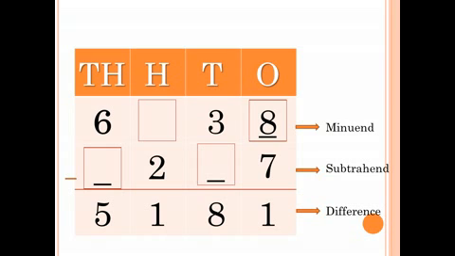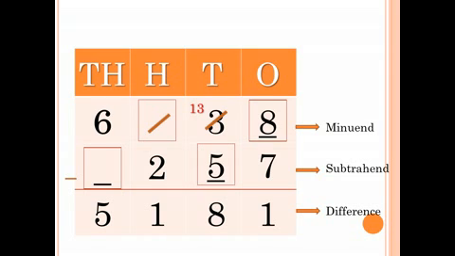Now in the tens place we have to find out the subtrahend. We have to subtract minuend minus difference. Now here, the minuend is 3, which is given there. So now here from 3 we cannot subtract 8. So we borrow from the hundreds place. But in the hundreds place there is a blank. We come to it later. So we borrow 1 ten, so it becomes 13. So 13 take away 8 is 12, 11, 10, 9 and 8. So the answer in the subtrahend is 5.